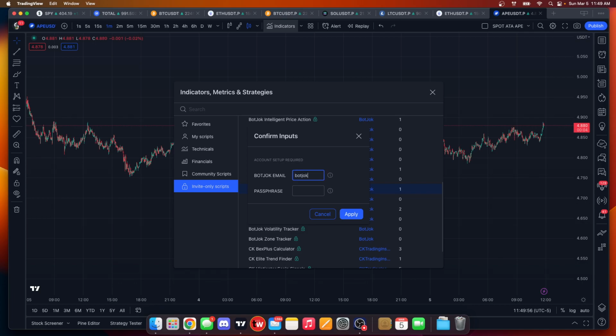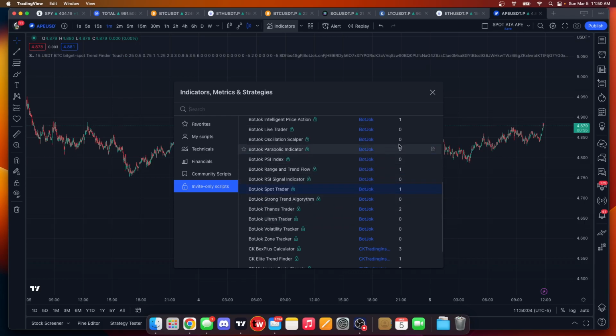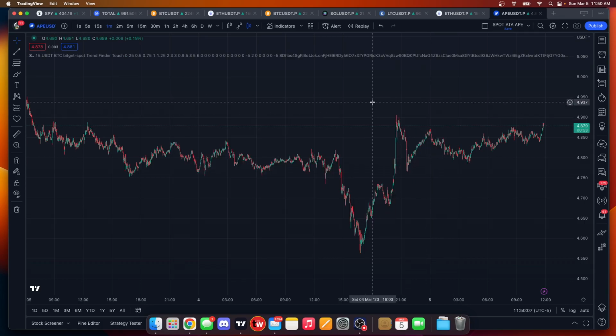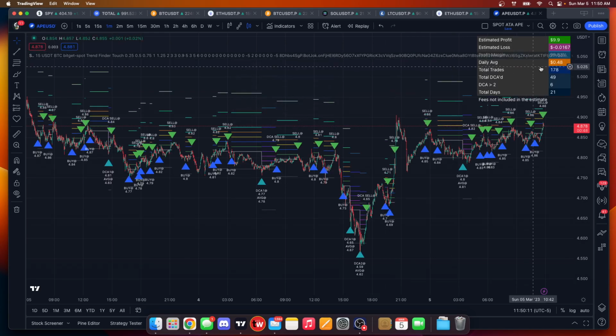I'm going to do botjock@gmail.com and ATA. But this is your BotJock email, just like futures, and your passphrase, just like futures. That's my test when I do. And you're going to notice here, it pops up spot version 1.01. And look, it actually populates what this would have done in spot,